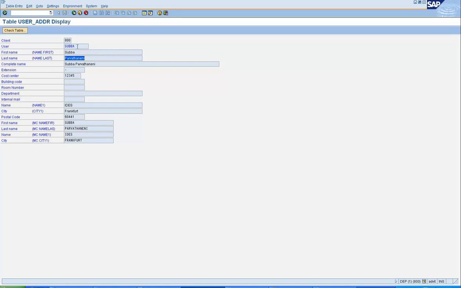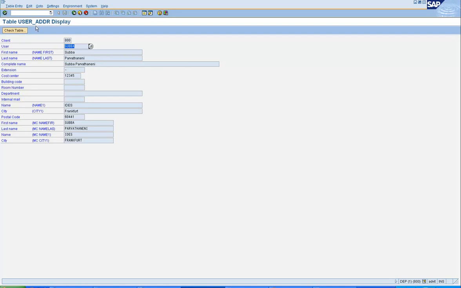Now if you observe, USR02 and user underscore ADDR are linked and have a common field called user, the user ID. So if the data in the SAP system is distributed to multiple tables, then those tables are linked with some common key field.